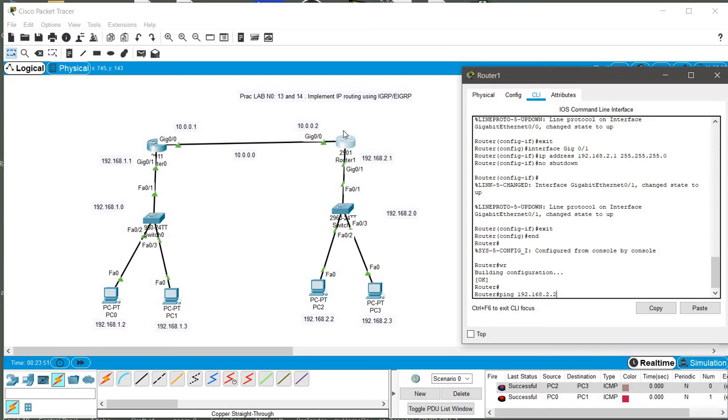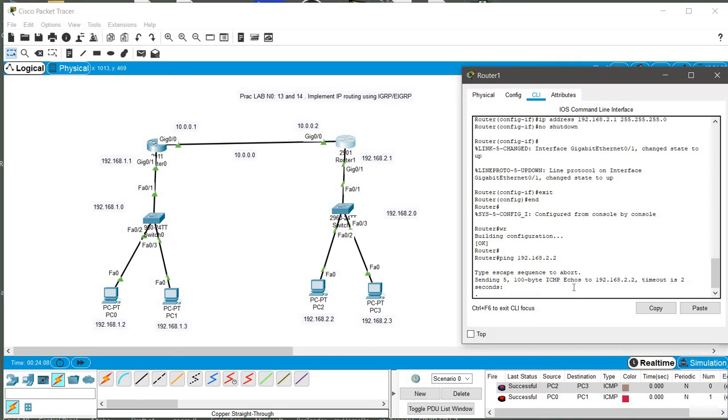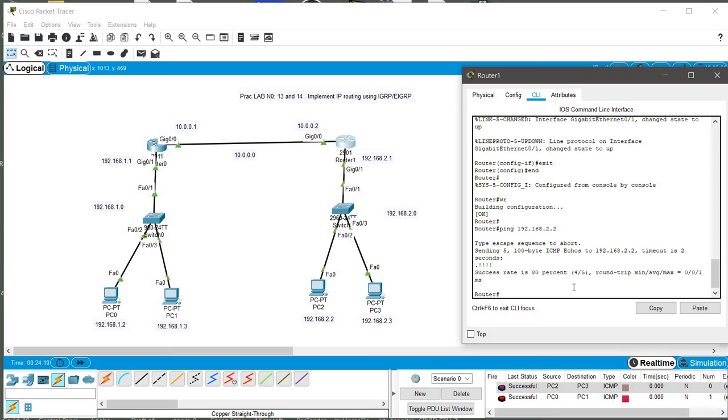Now I am in this router. From this router I'm going to ping the host computer IP address 192.168.2.2. After typing ping, let me enter this, and it sent the ICMP packets, and the success rate